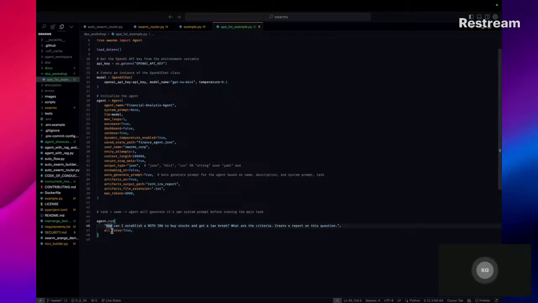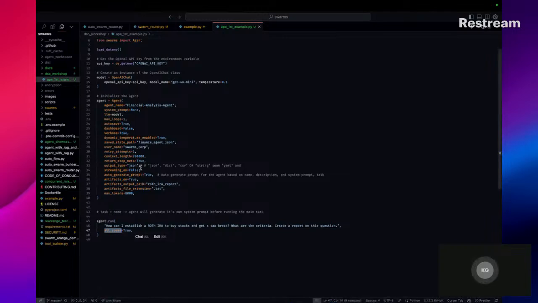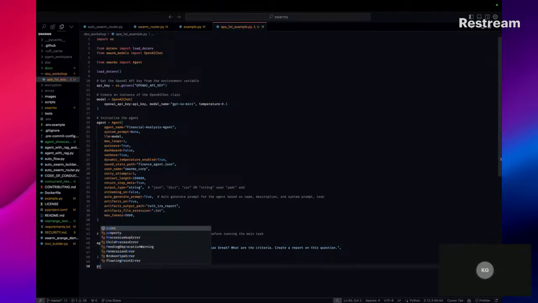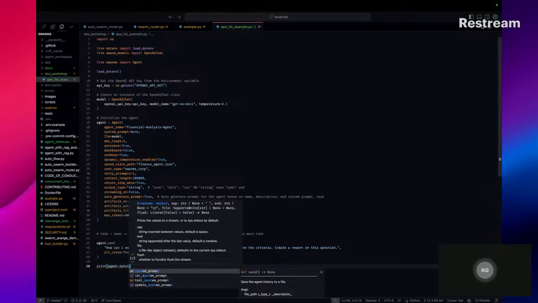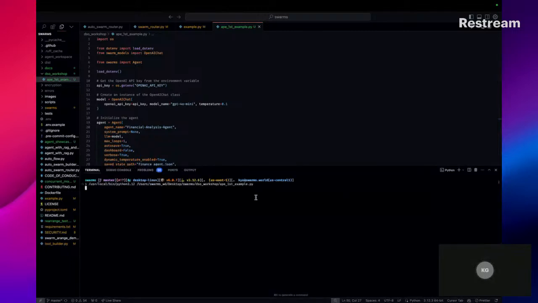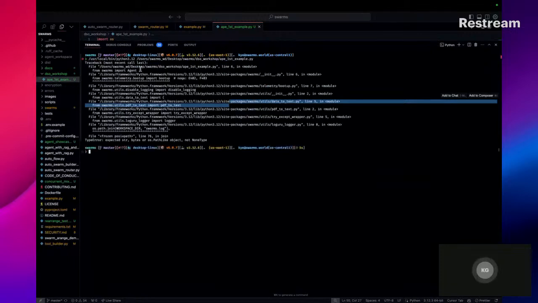And then this is a new feature that we added so that you can run your agent on your CPUs or GPUs or whatever, really, so that you can just basically choose. Now if we run this, we can also print the agent system prompt. Once this is finished, it's going to print the system prompt so we can see it. So let's run this and see what happens.